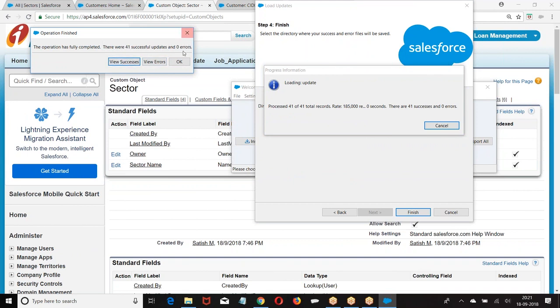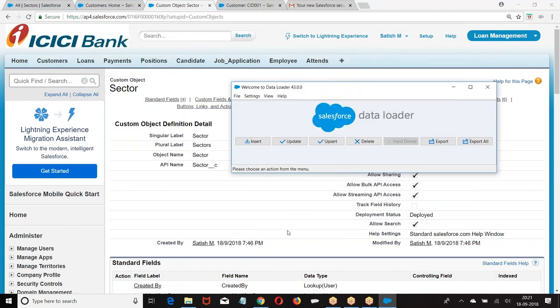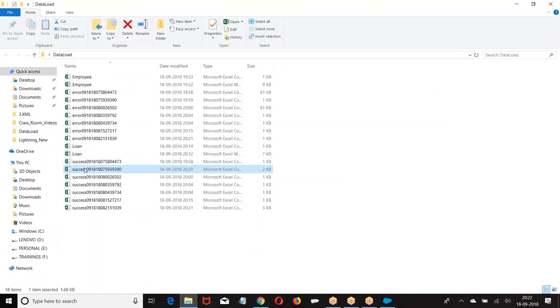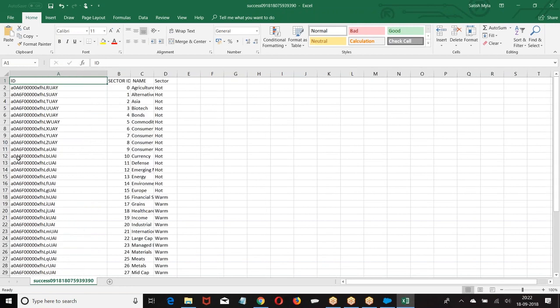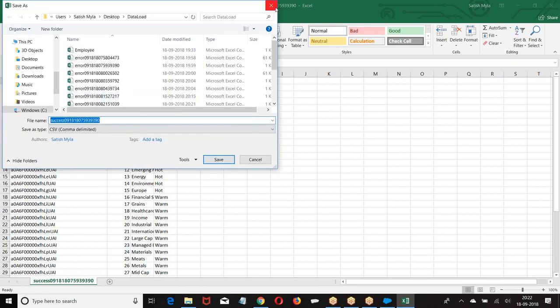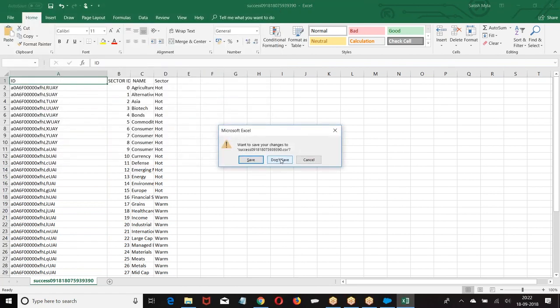You are supposed to provide ID. If you look at this sheet, this is the sheet that I uploaded. In this sheet, what did I choose? If we have account ID, if you have record ID, based on this ID, we can update. So whenever you want to perform any update, it is a must that you provide record ID. Only when you provide the record ID, we will be able to perform the update operation.